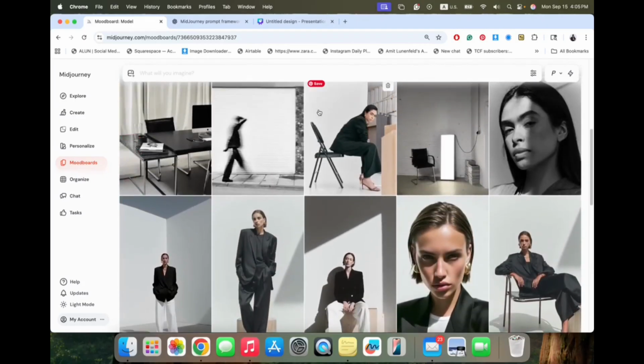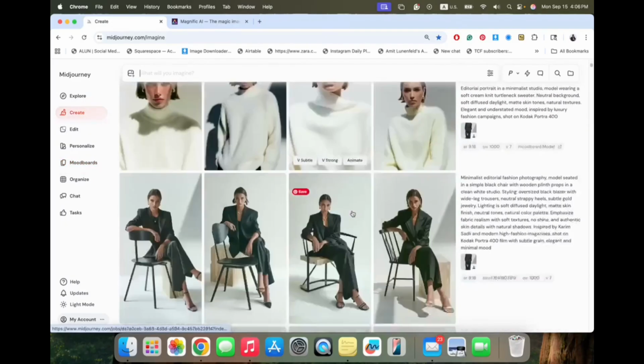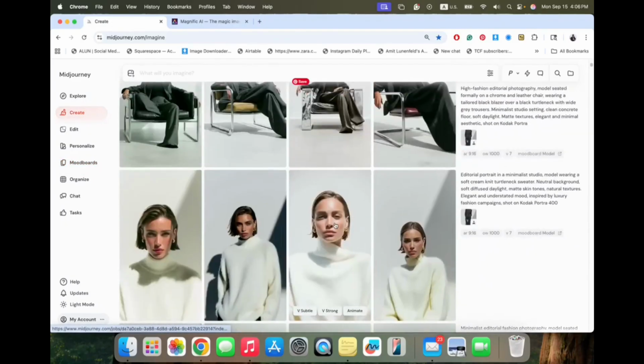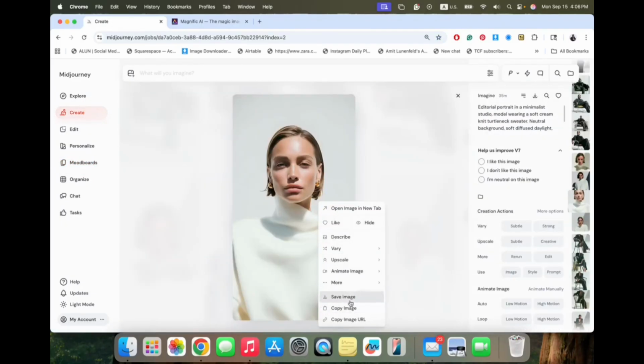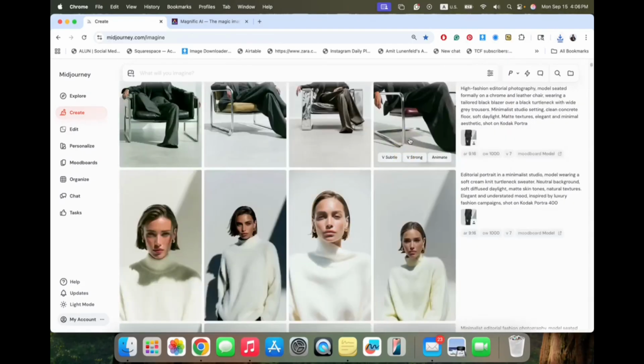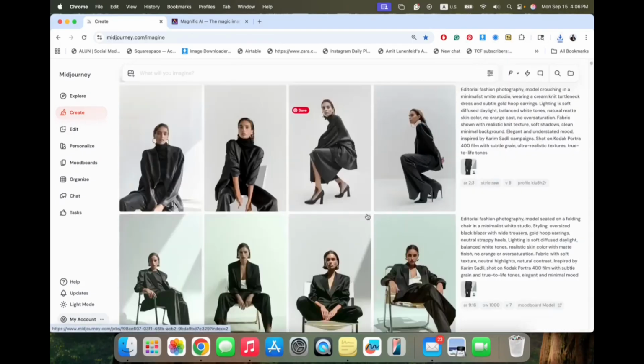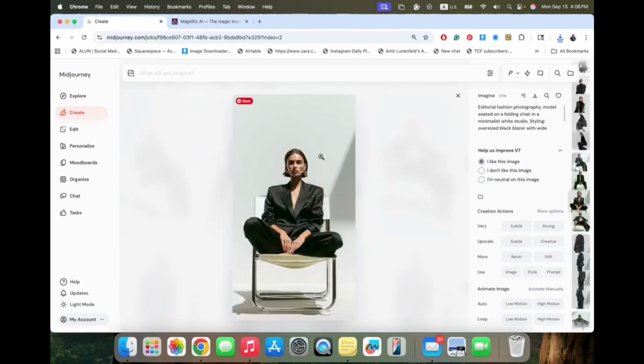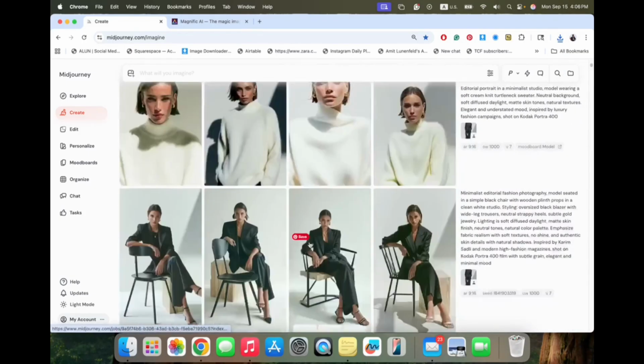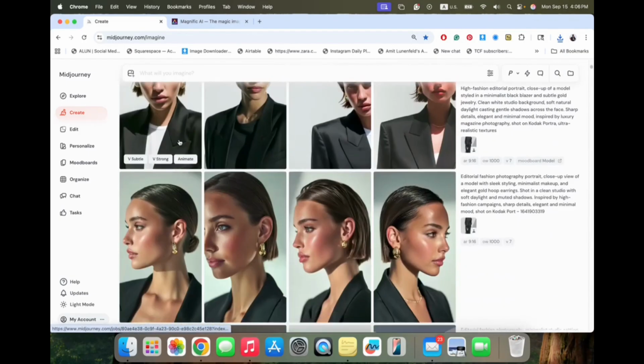The next step we want to do is to go into Magnific AI. Let's go into create. I want to add more texture into this image, so we're gonna download it because this image doesn't have any texture in it. This one I want to have more, and let's do also this one.